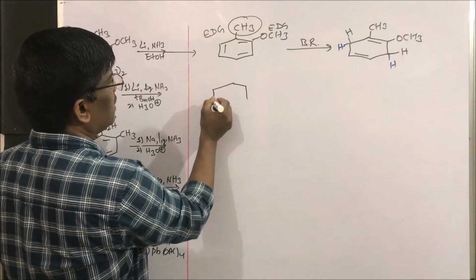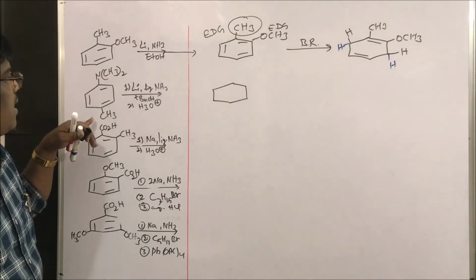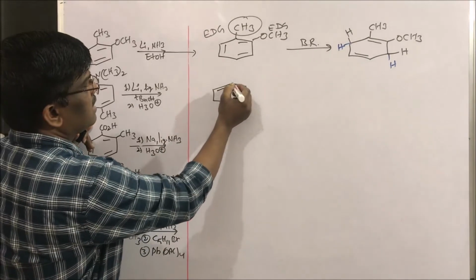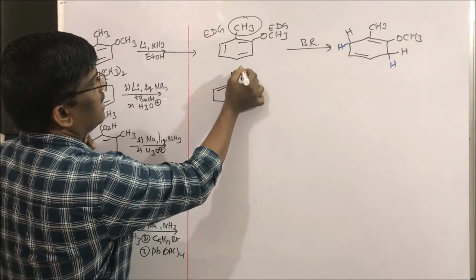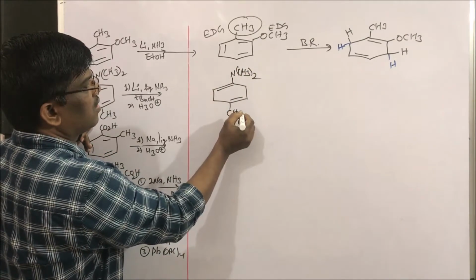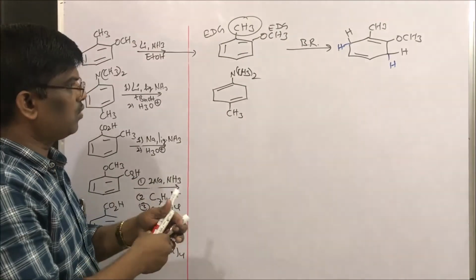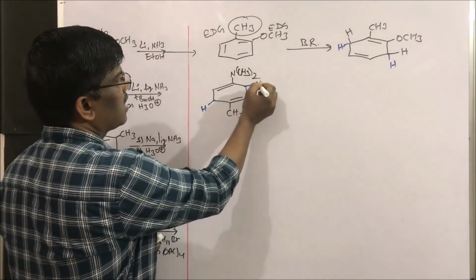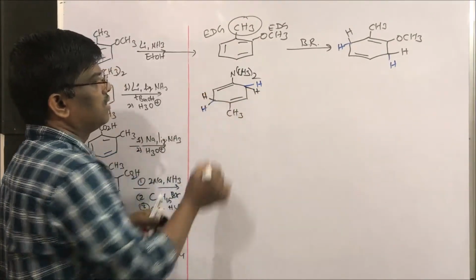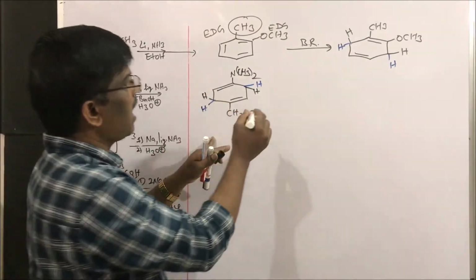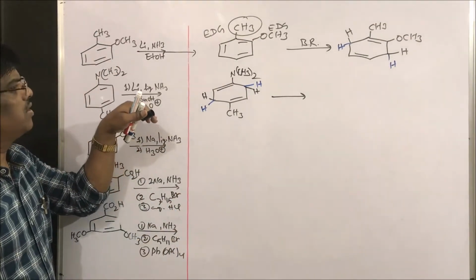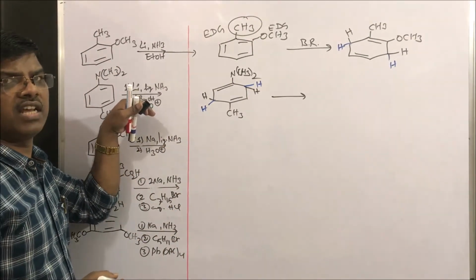So let us take this: N,N-dimethyl and toluene, right? N,N-dimethyl and methyl. So what is the nature? N,N-dimethyl is also donating, and this is also donating, right? So ortho to this hydrogen is added, ortho to this hydrogen is added. Yes, students? No confusion. So this is the reduced product. In the second step they have given H3O plus. Here they have used alkali and tertiary butanol.